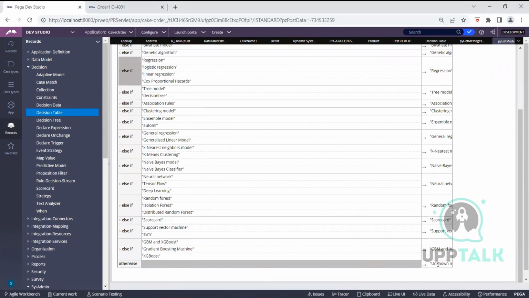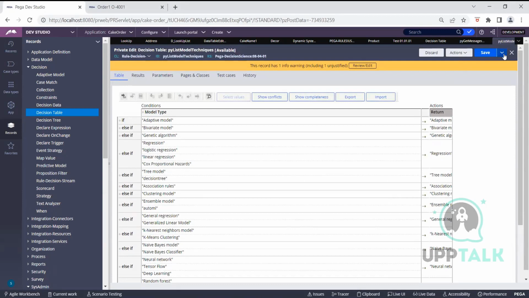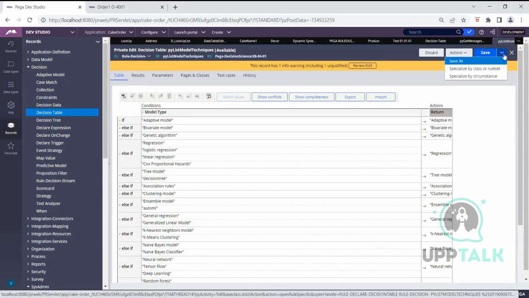So that is what unknown we are getting, right? Some unknown value or something. If no condition is true, then it will return that otherwise. This is a decision table. This looks like a table, right? Correct. Now if we open decision tree,